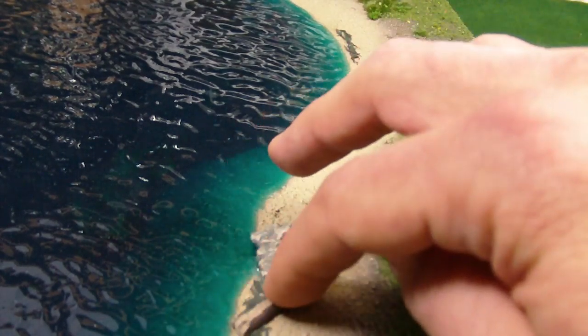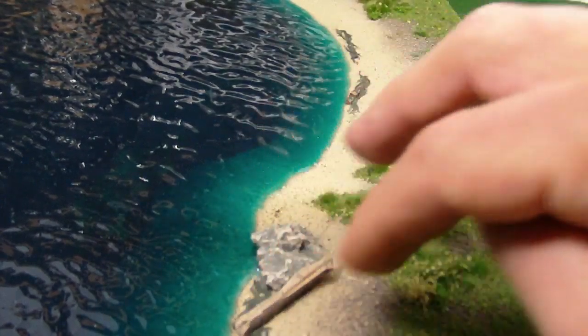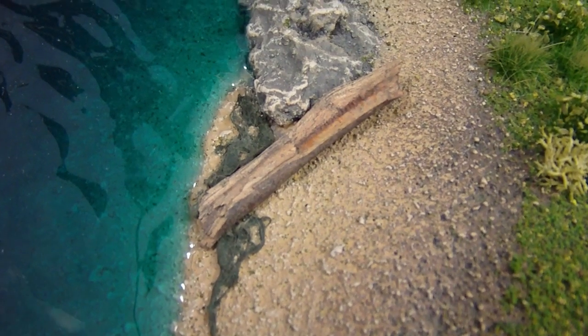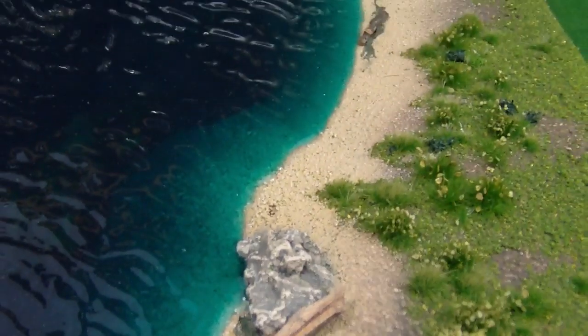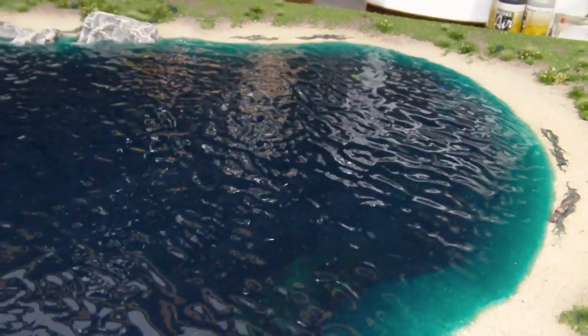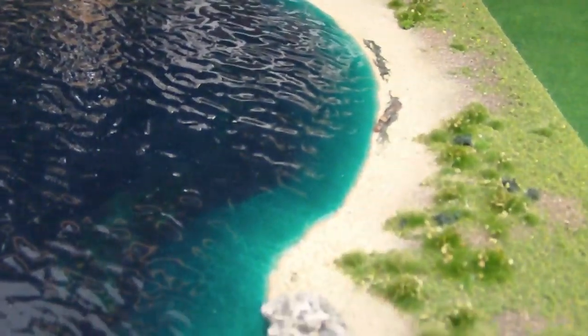washed up wood, again, like in a storm, and then tried to pile in some of the algae and reeds that had washed up around it to try to tie it into the scene a little bit more firmly. That's the effect that it gave. I didn't put too many down because I wasn't too sure about how they were going to look, but overall I think they add a little something to it that does really help out with adding a little